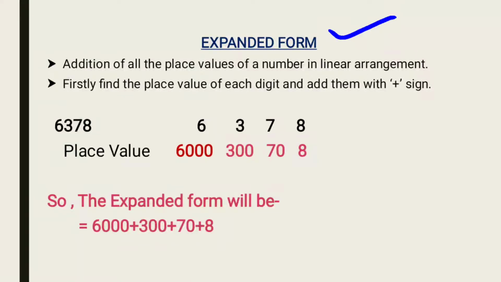So basically what is an expanded form? Expanded form is an addition of all of the place values of a number in a linear arrangement. Basically this is an addition. Addition of what? This is the addition of the place value of every digit. Firstly we have to find the place value of each digit, and we have to add them with the plus sign. For example, here is a number